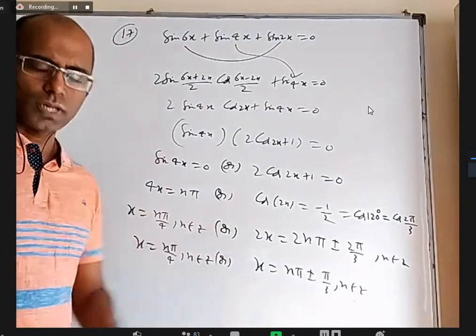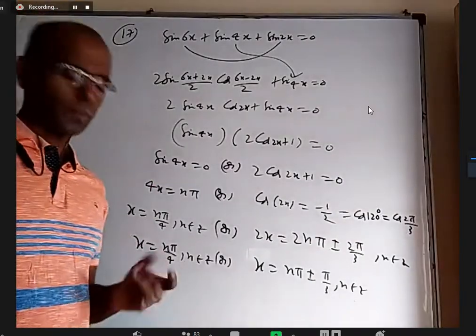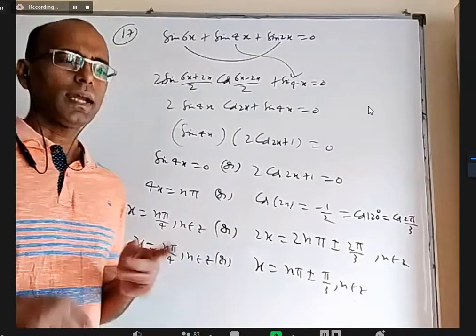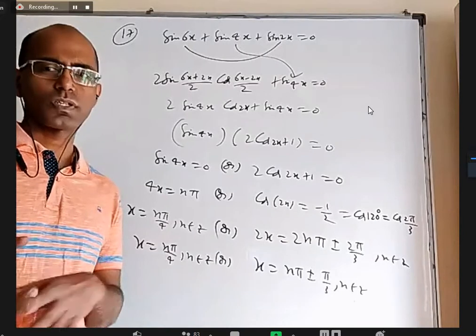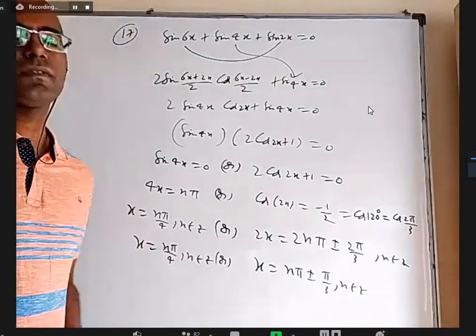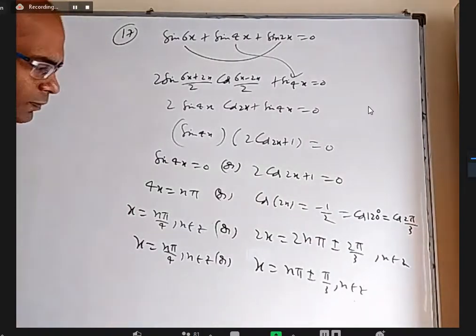No question will go outside all the formulas that we learned. In that also mostly we'll use 6 formulas. Sin x equal to 0, cos x equal to 0, tan x equal to 0, those 3 formulas. And sin x equal to sin alpha, cos x equal to cos alpha, tan x equal to tan alpha, those 3. These are the 6 we use most. And a little later we may be using sin square x equal to sin square alpha, cos square x equal to cos square alpha, whatever it is.